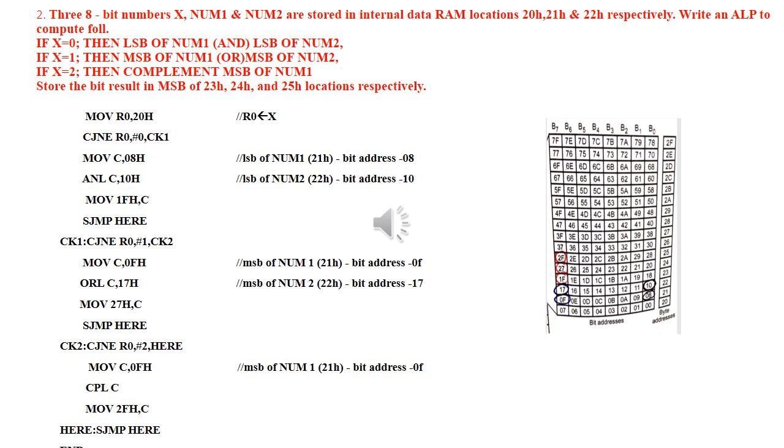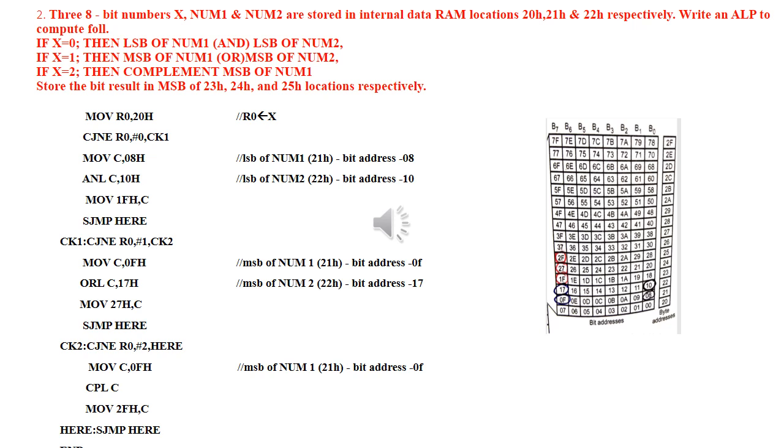So you are going to take this 08, that you are copying to the carry flag. In that address, whatever the value is there, that data you are going to copy to the carry flag. Then you need to do the logical AND operation.